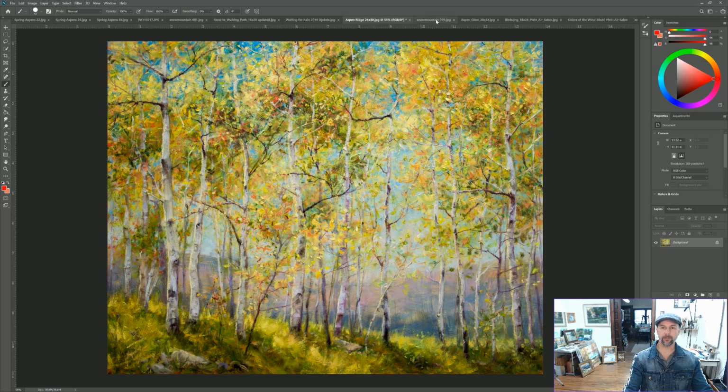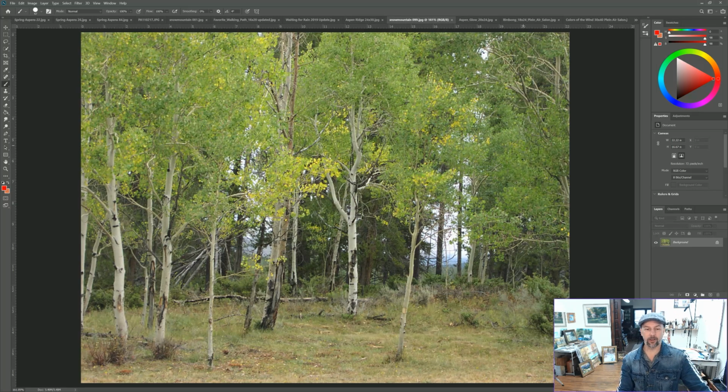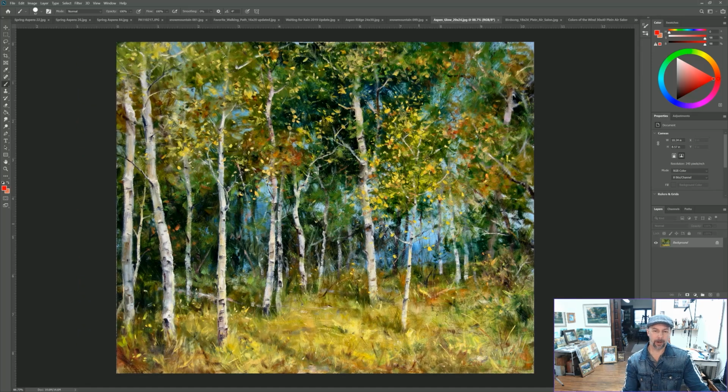Here's one where this is again Snow Mountain Ranch. One of the photos I took there, and then I liked actually the placement of these aspen trees is fantastic. This usually doesn't happen where they are spaced out in such a fun way. But overall, I thought the image was a little bit lackluster. I did change some things up. It was the initial punch of those aspen trees and the movement of them, the placement of them that grabbed me. But I wanted a little more contrast and